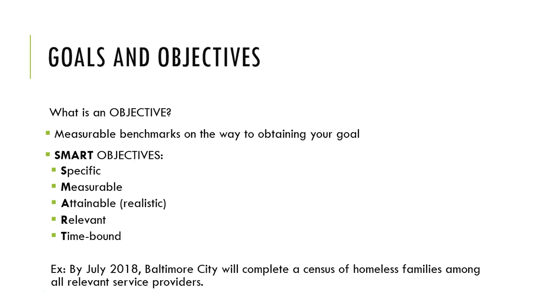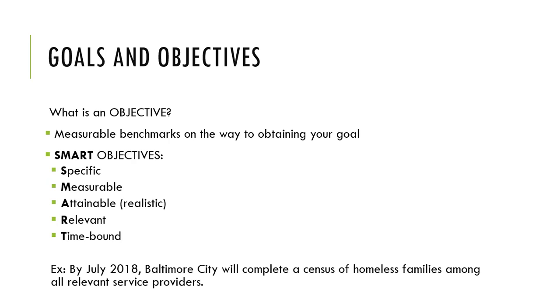Objectives are measurable benchmarks on the way to obtaining your goal. What's very important to take away from this is that we want to always make the objectives SMART: specific, measurable, attainable or realistic, relevant, time-bound. It's important to keep these SMART objectives in mind because these are things that we want to be able to measure that we are accomplishing. As I mentioned before, the goal is loftier. The goal is something bigger that we're working towards, and we're using the objectives to chart our progress